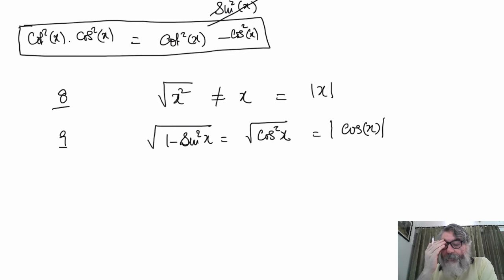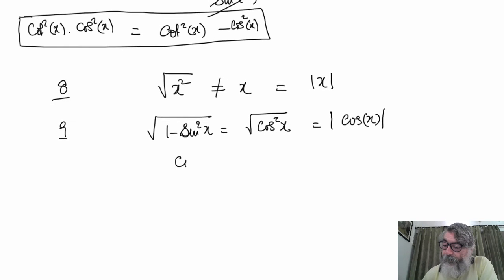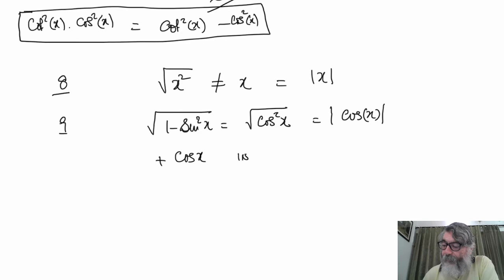You see, if cos x is positive, it is equal to plus cos x. When is cos x positive? In the first quadrant and in the fourth quadrant. Add sugar to coffee. If you see add sugar to coffee, then add is the first quadrant and coffee is the last quadrant. So cos is positive in the first and the last quadrant.